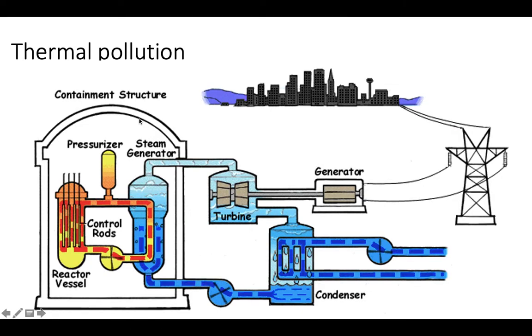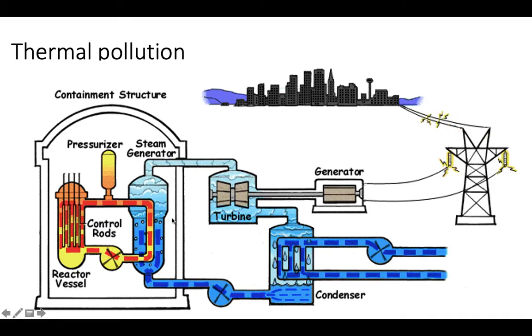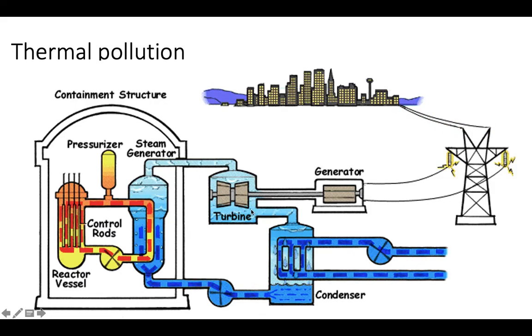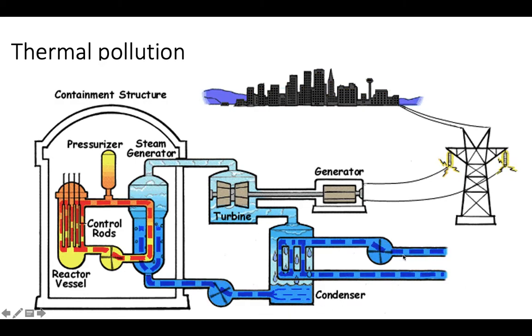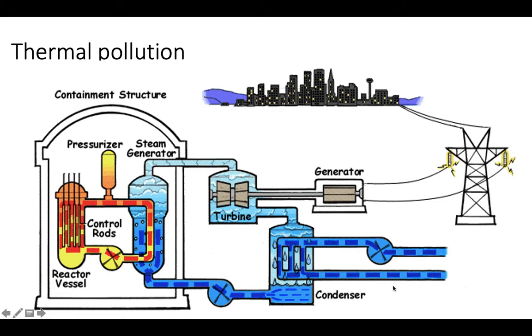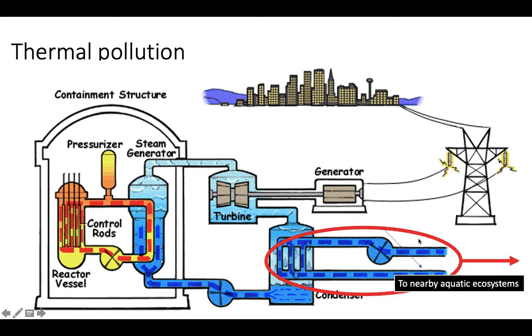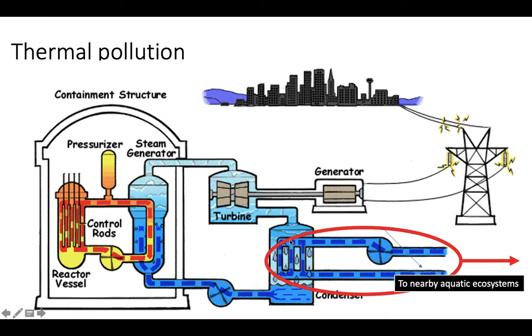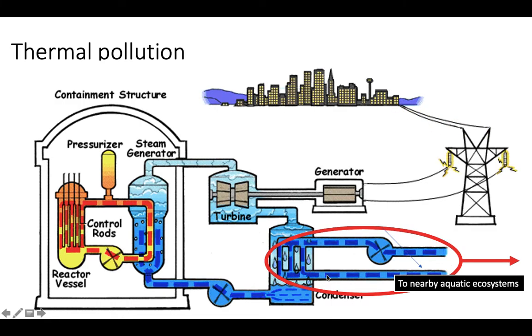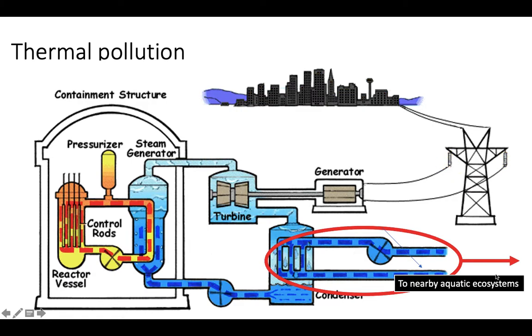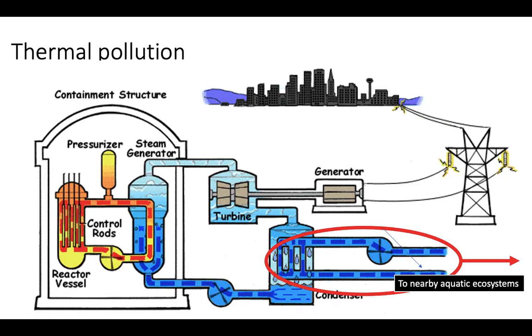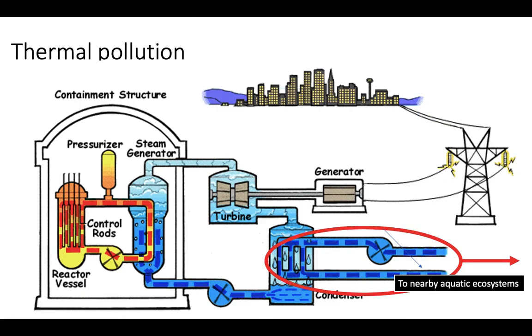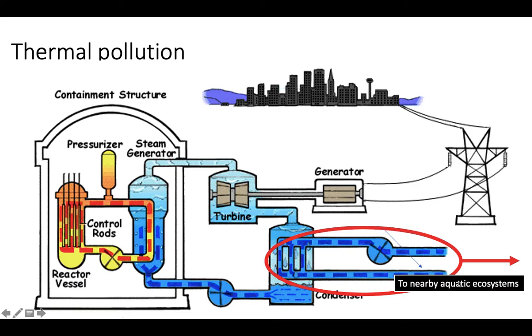First of all, thermal pollution. This is the same image I was showing before. We've got the steam that is circulating through. The steam is condensed back into water by coolant fluid that is brought in from nearby aquatic ecosystems. And when this is brought in, it's absorbing that energy from the steam, so it's leaving and going back to the aquatic ecosystems much warmer than it was initially. So you've got a bunch of warm water being ejected into these aquatic ecosystems, and it's raising the temperature of that